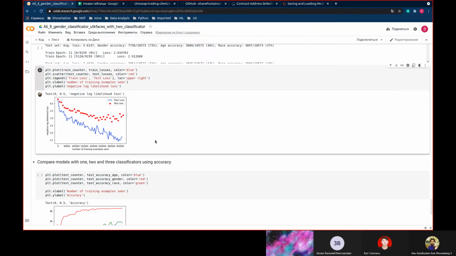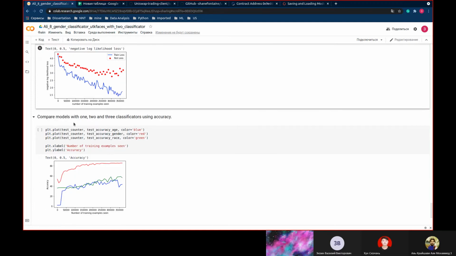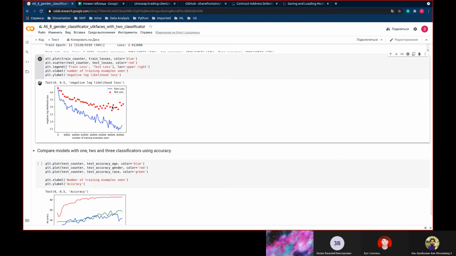So in this task maybe it will be better if you train your model, save weights, and on the next step, using another notebook, you compare these 3 head models with 2 heads and with 1 head model. Yeah, it means that using accuracy, just calculating this block. I mean that you train the best model.